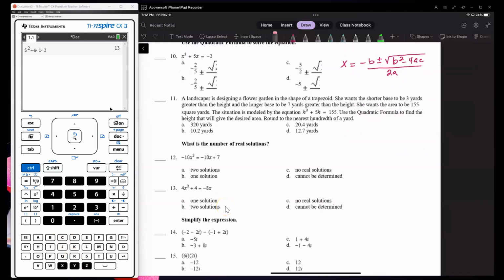A landscaper is designing a flowered garden in the shape of a trapezoid. She wants the shorter base to be 3 yards greater than the height, and the longer base to be 7 yards greater than the height. She wants the area to be 155. The situation is modeled by the equation. So we have h